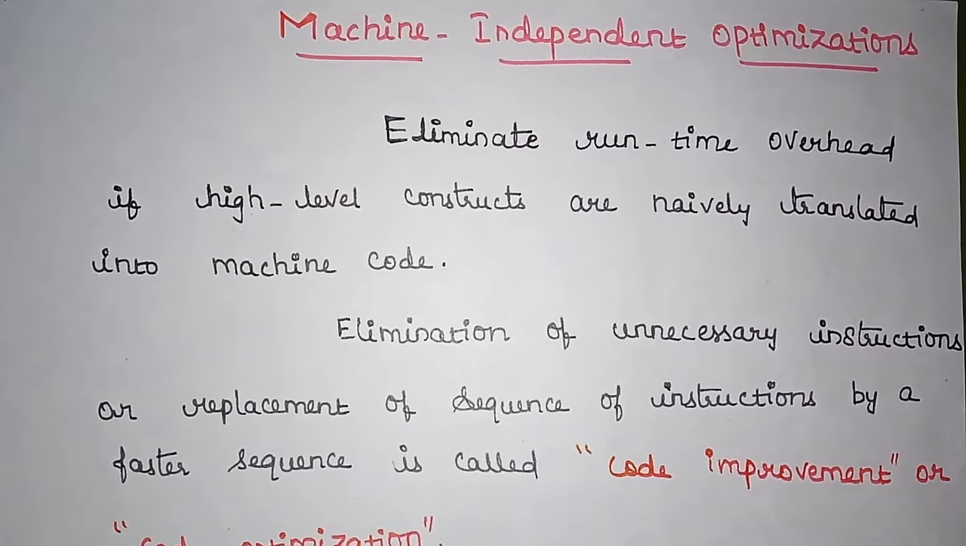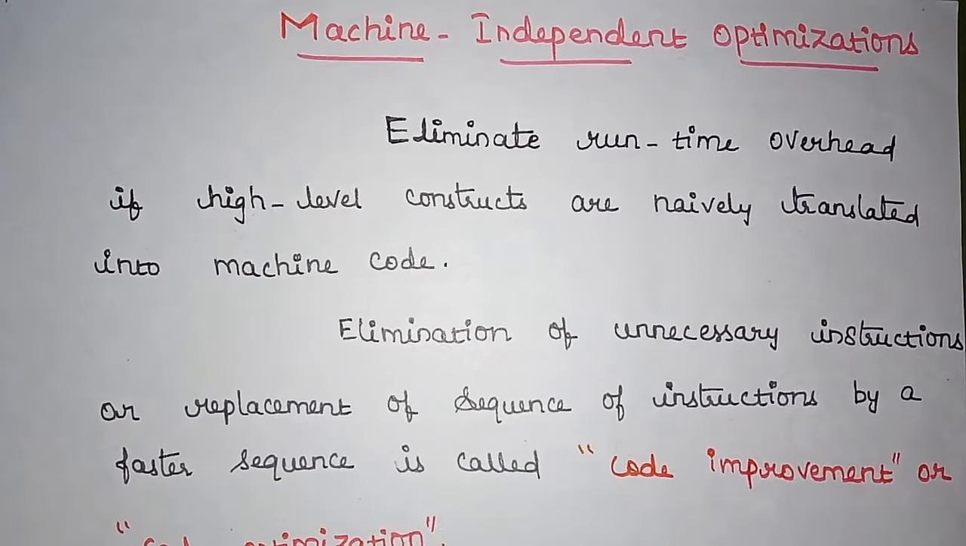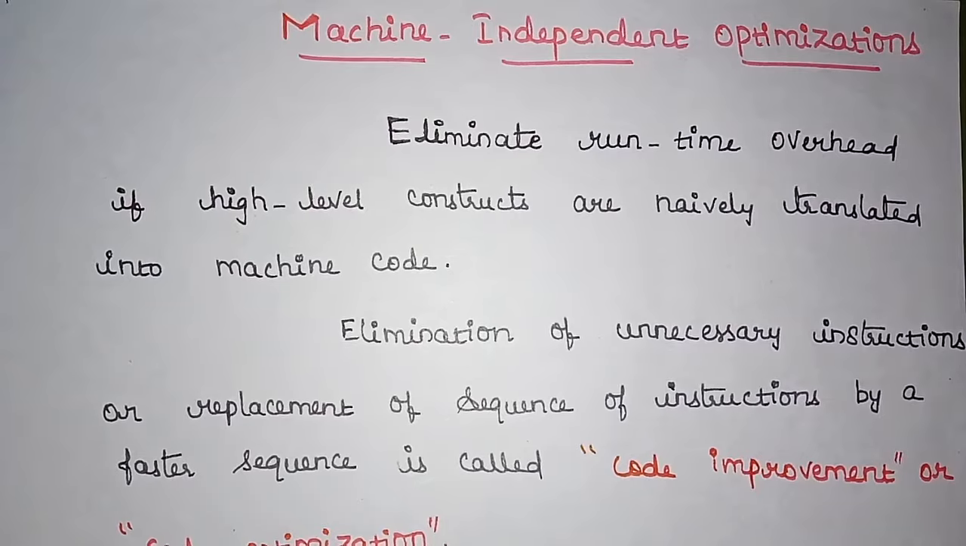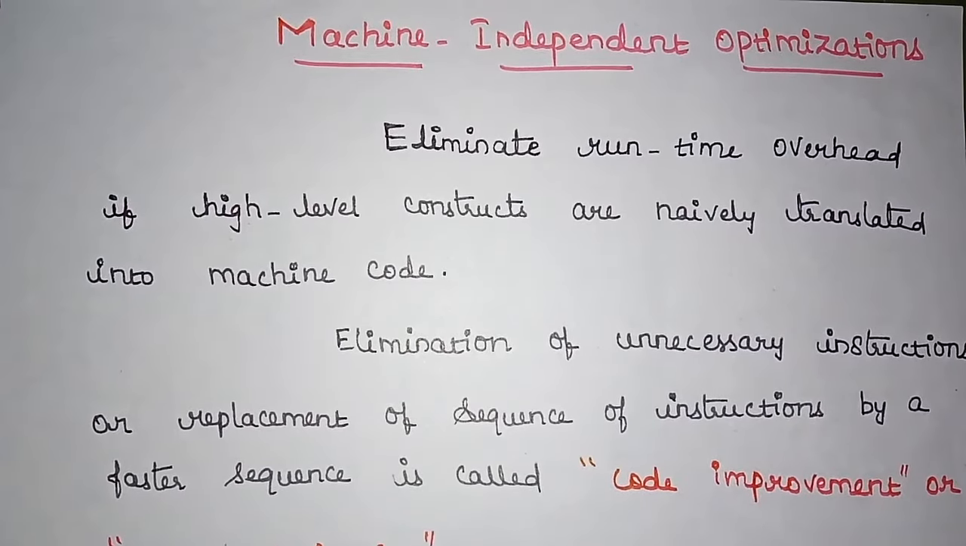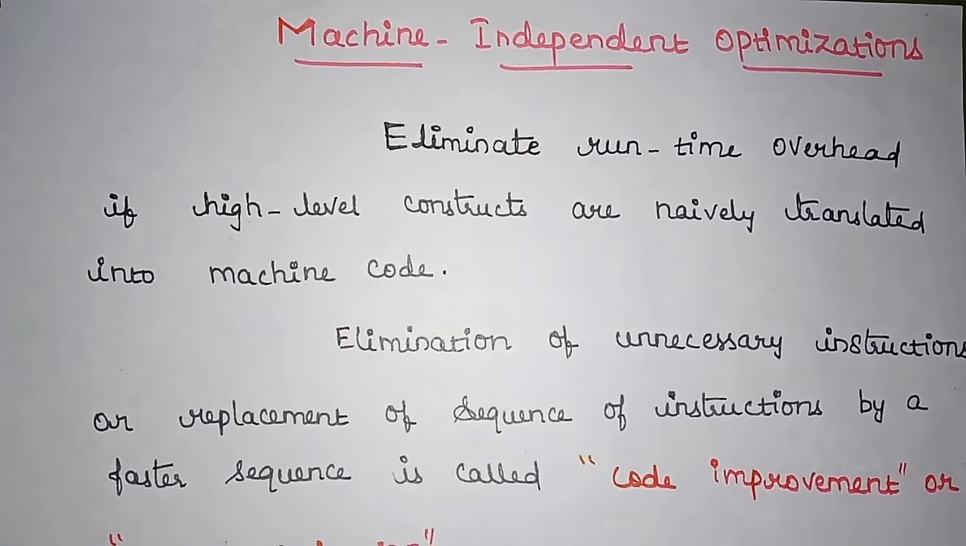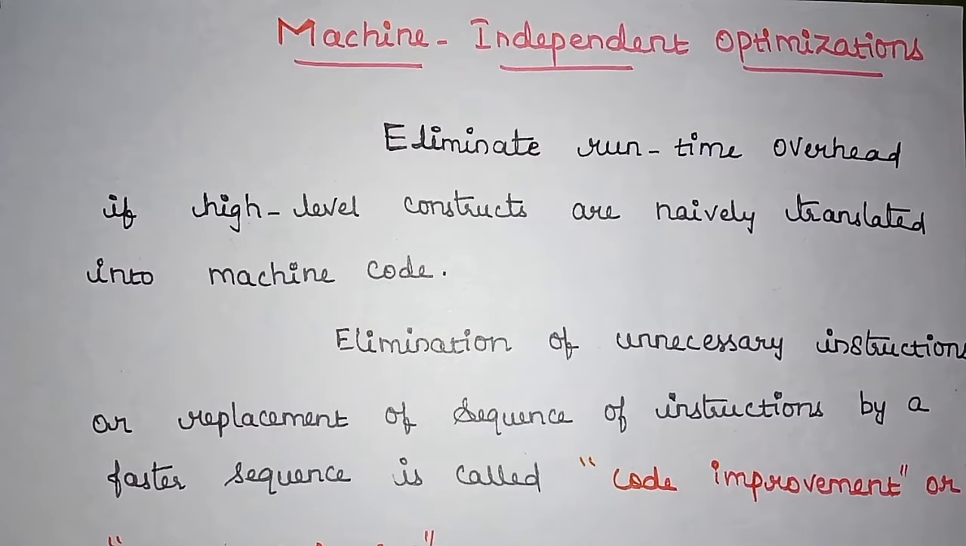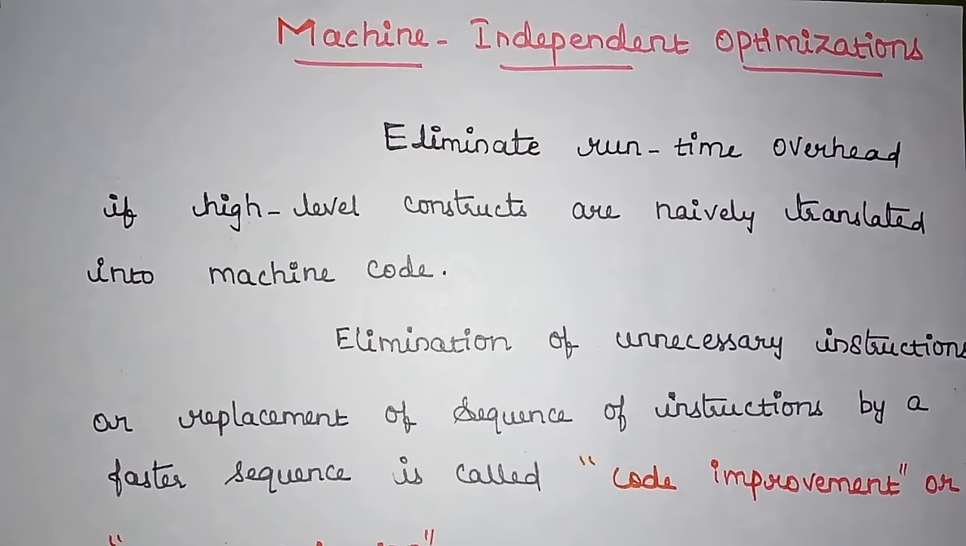Hey guys, welcome back. Here we're going to discuss machine independent optimization. So why are we going for this optimization? Whenever we translate the high level construct into machine code independently, this may introduce a runtime overhead. So in order to eliminate these inefficiencies, we go for code optimization, or we can say